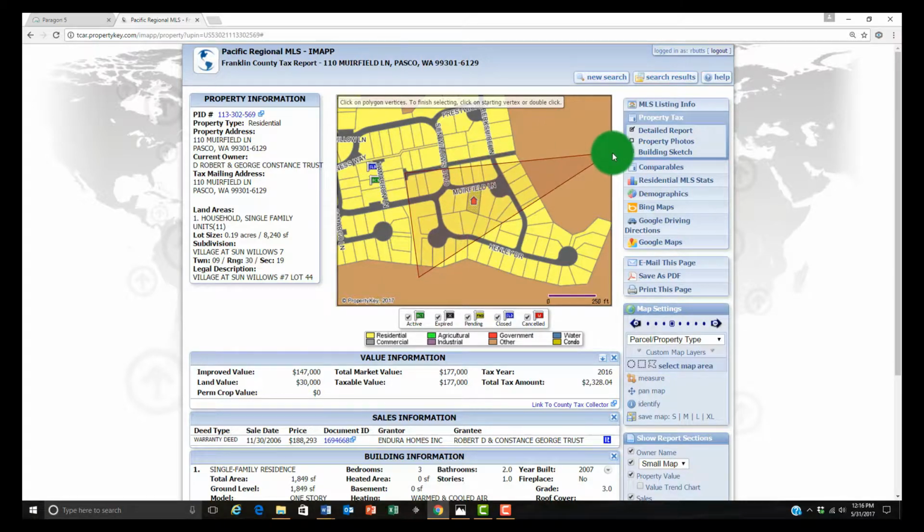We're drawing the polygon. Each time we come to a stopping point, click the mouse. And when we get back to our starting point, it's going to take us to